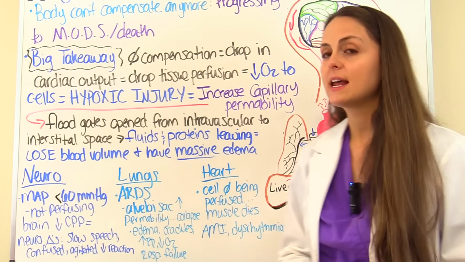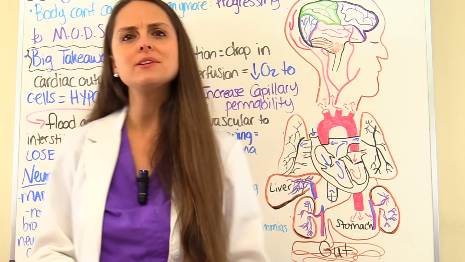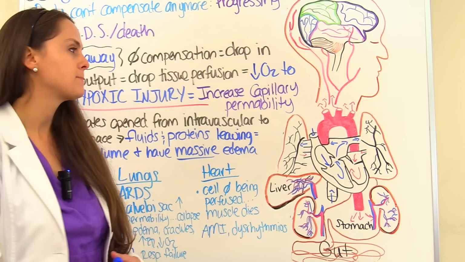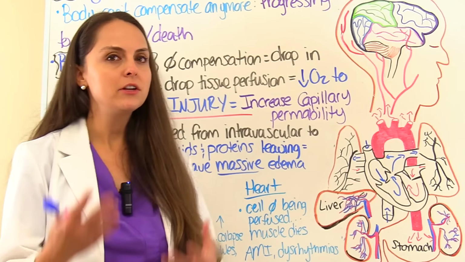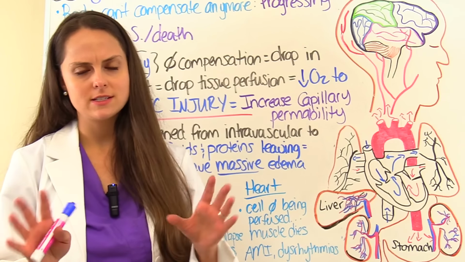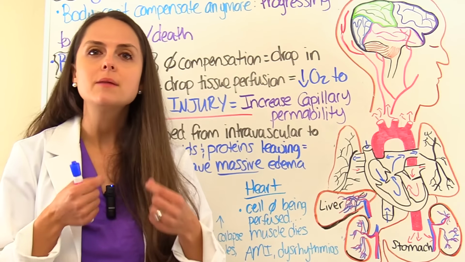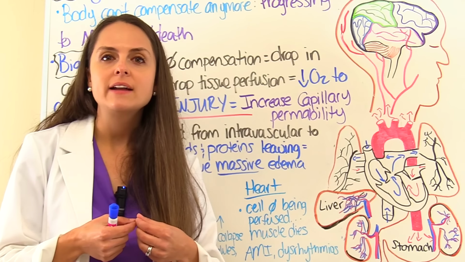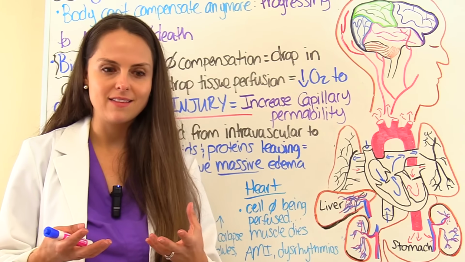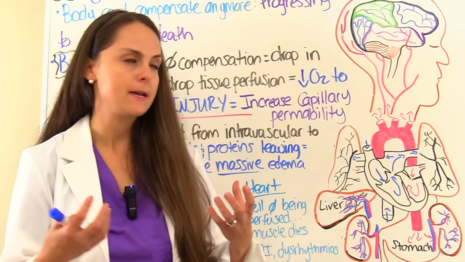Heart will be affected as well. What happens when the cells that make up our heart start to die? Well, a couple things. First of all, remember we have an electrical system in our heart. We have the SA node, the bundle of His, just to name a few little structures, and they're made up of cells that create an electrical activity in our heart. And we want our heart to be in a normal sinus rhythm because that allows it to pump the most efficiently.